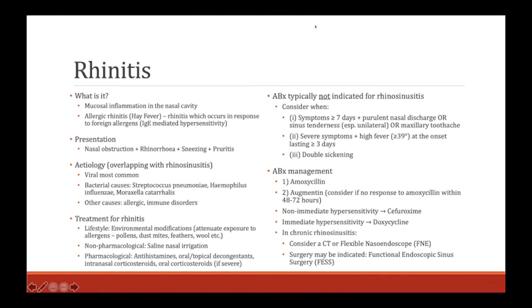If someone has chronic rhinosinusitis, so they've had hay fever for a really long time and medications and all of the lifestyle measures aren't really doing much for them, you want to consider referral to an ENT surgeon. The reason for that is, firstly, they're going to do a CT scan to check how much gunk your sinuses actually have. So if there's a lot of gunk and mucus there, the ENT surgeon might consider something called